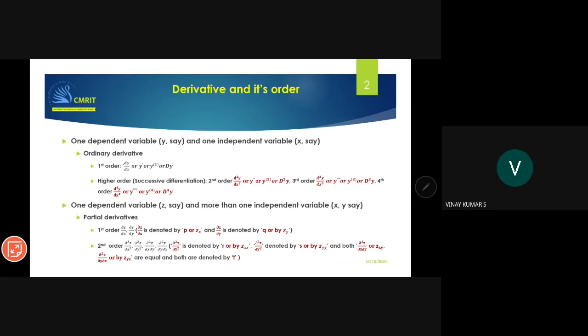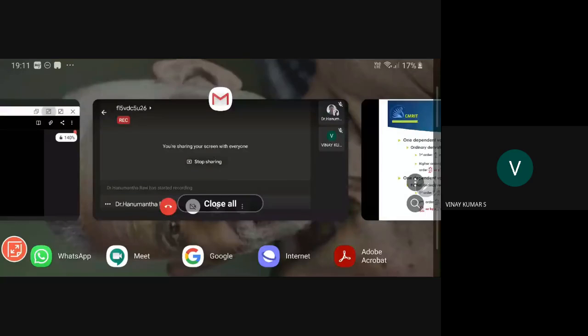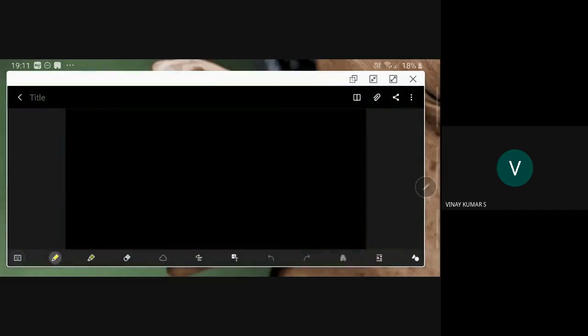All the functions which we are going to discuss are real valued functions. While discussing the differential equations also, we have talked about this derivative and its order, so I need not discuss much about that. But one thing here is that, when we are talking about ordinary derivative,